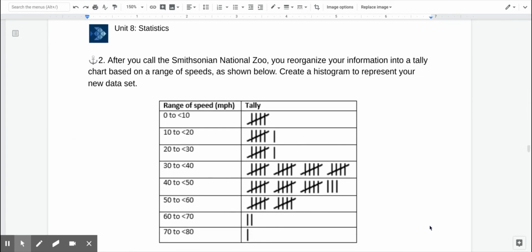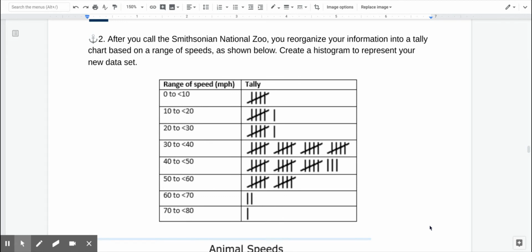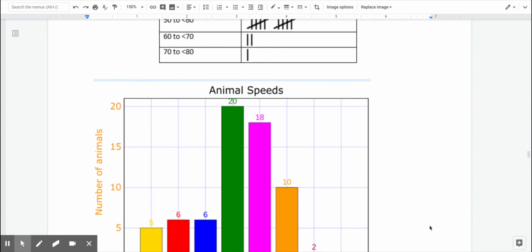One way that we've used before is a tally chart, and here's a sample tally chart for this information with the added information from the Smithsonian Zoo. And then I created a histogram